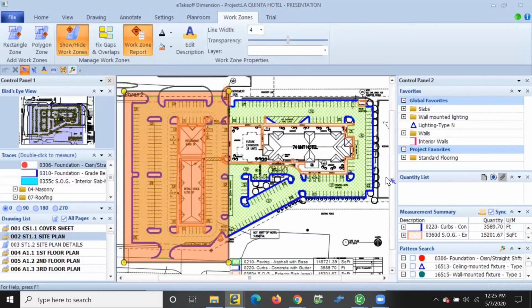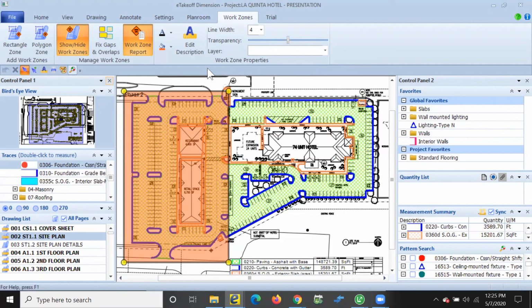So with eTakeoff, there's quite a bit of development that's always happening in the product. It's very forward thinking. In the next release coming out in the next couple months or so, they're bringing in some really exciting features. I can't quite reveal those, but really making your estimating efficient is what they're all about here. So this is just the tip of the iceberg of everything in here. There's a lot of capabilities, and this gives you the key points of everything.